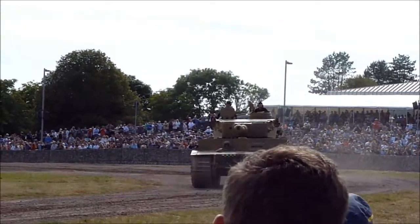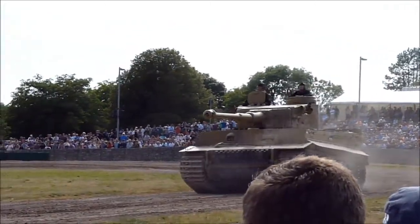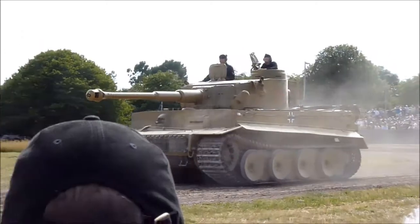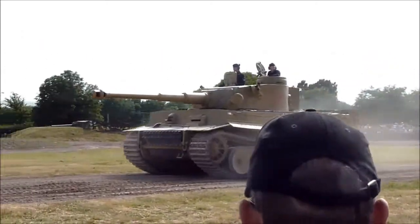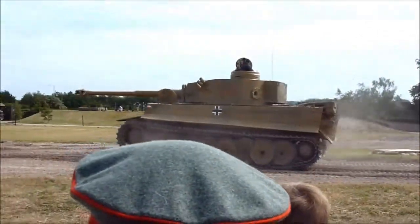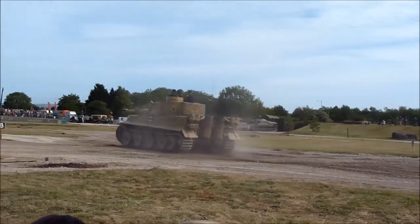Many ups and downs in that process, but at the moment, after a number of years, we've still got the only working Tiger One in the world. There are 6 real Tigers left. The 7th has just been put together out of field parts, and it's now in the German Tank Museum in Münster, privately owned and on loan there. So it's a bit of a rare